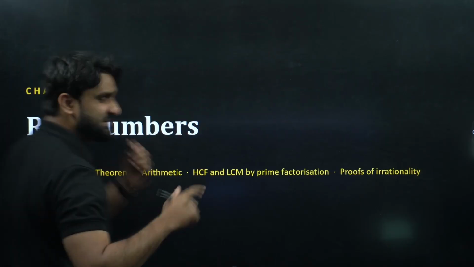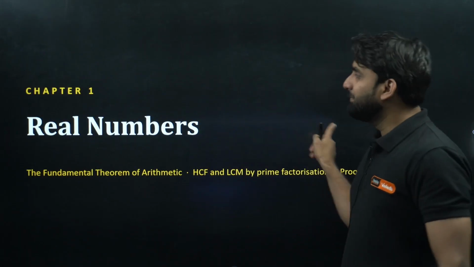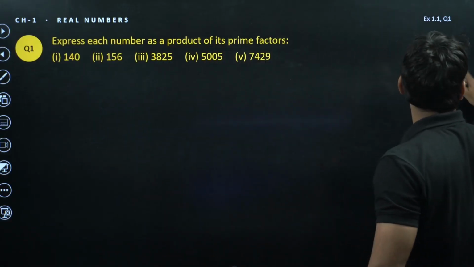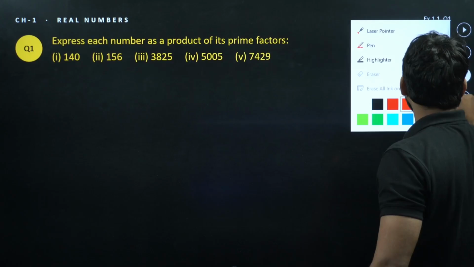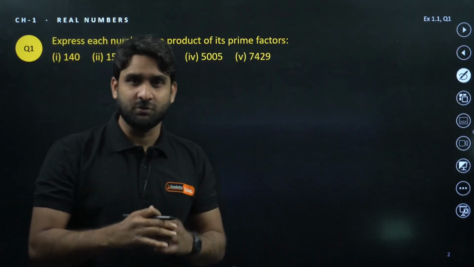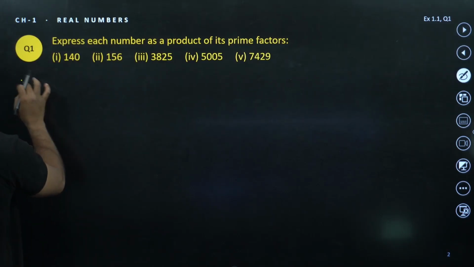So moving ahead, first the real numbers. We will be doing real numbers, then polynomials, and then pair of linear equations. So moving to the first question. Look here, champion. Along with questions, I will be explaining theory and concepts also. Don't worry. So look at the question. The question number 1 is